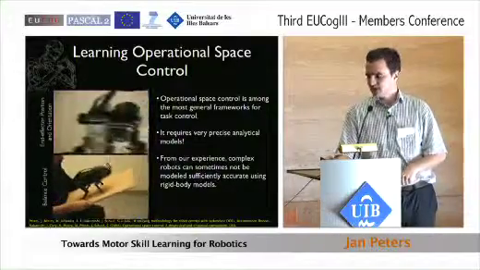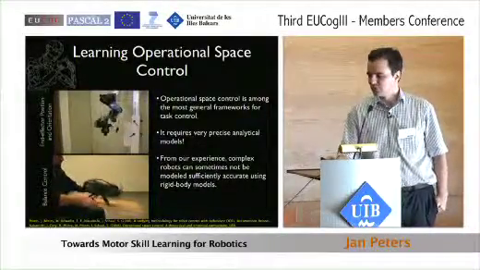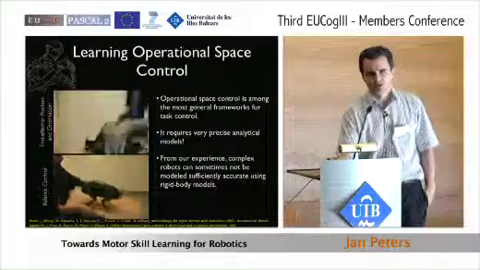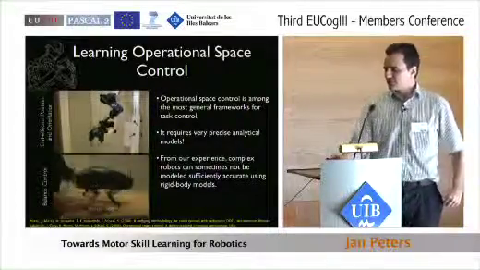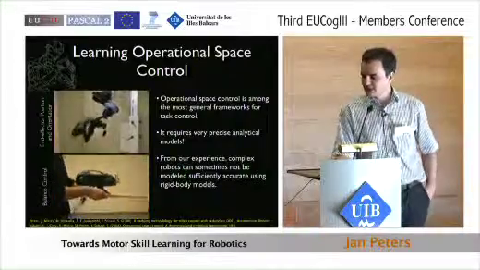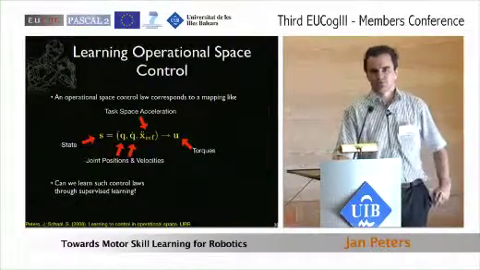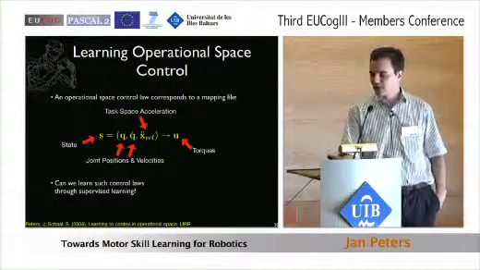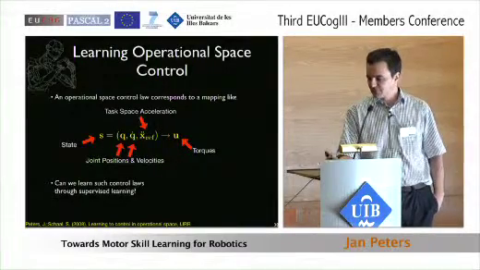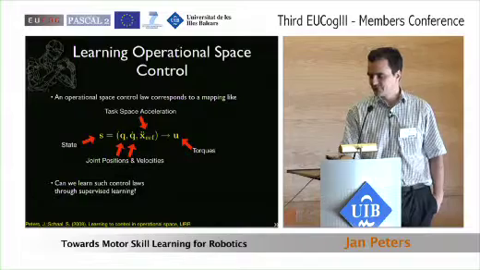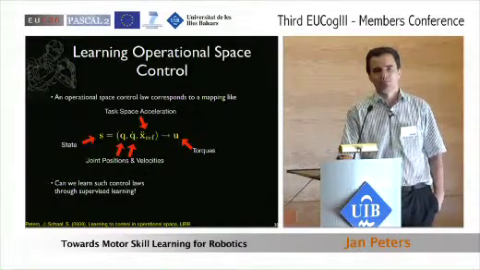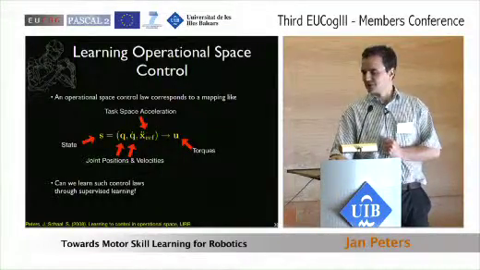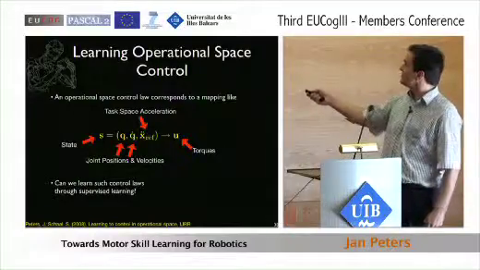On the lower one, you see a primitive which tells the robot to be at an upright position despite these pretty harsh perturbations. Learning such control laws is actually surprisingly hard, for the simple reason that when you look at these control laws, and they're basically mapping from these execution control laws, they're mapping from the output of the motor primitive represented in task space by a reference acceleration and a joint position and a joint velocity, and you map this to torques. You cannot do this just straight away by supervised learning, because you get such a totally crazy behavior for even